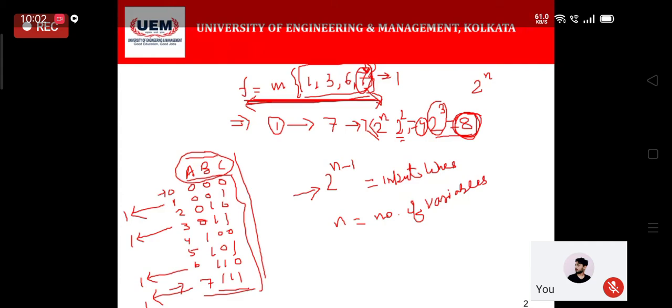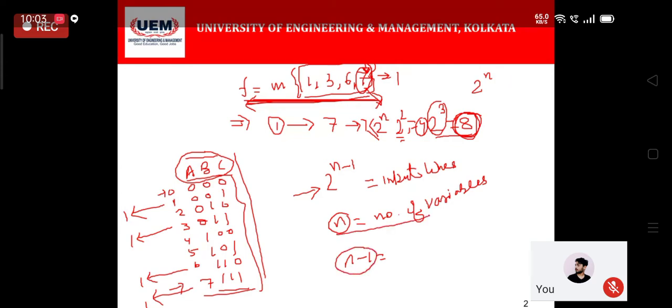But when I am trying to implement that using a multiplexer, if n is the total number of variables, then our multiplexer will have n minus 1 select lines. The equation for the multiplexer used to represent this function will satisfy these three conditions.